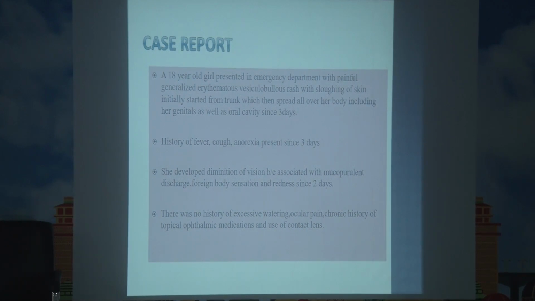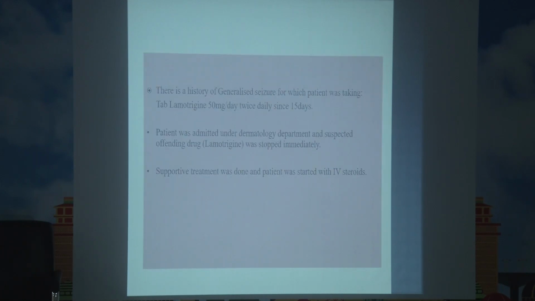She developed diminution of vision in both eyes, which was associated with mucopurulent discharge, foreign body sensation, and redness since 2 days. There was no history of excessive watering, ocular pain, chronic use of topical ophthalmic medications, or contact lens use. There was a history of generalized seizure for which the patient was taking tab lamotrigine 50 mg twice daily since 15 days. This was found to be the offending drug in this case,